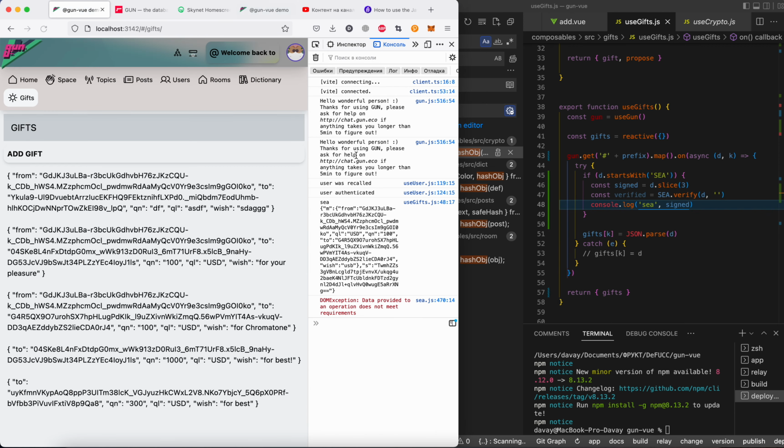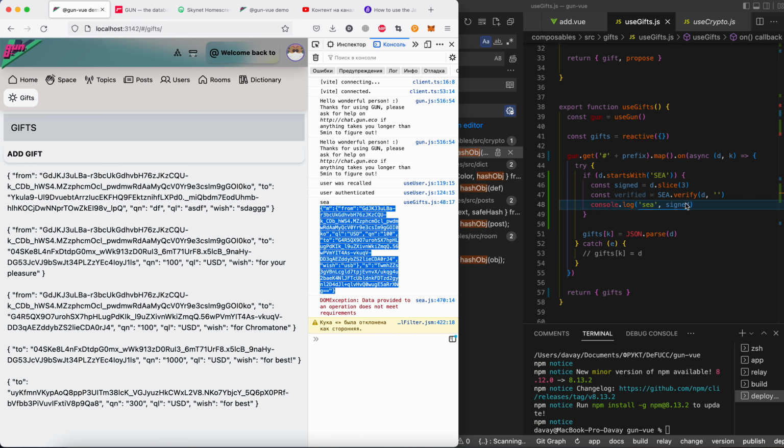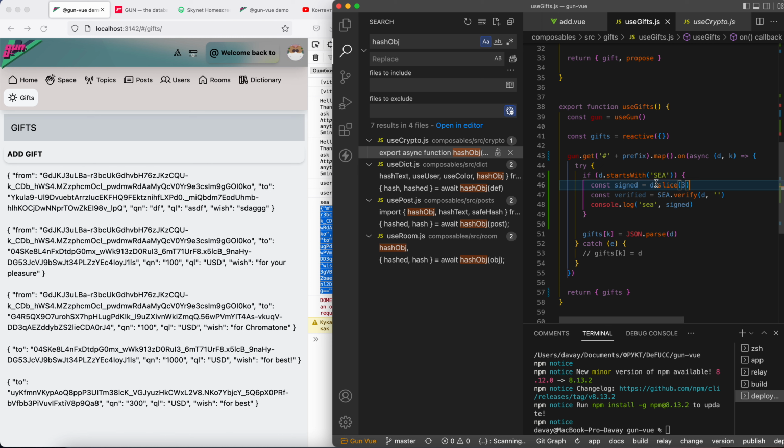So we're loading. Yeah, it's JSON parsable. So signed is okay,